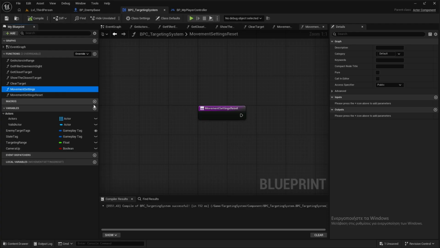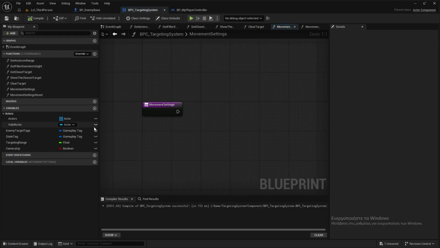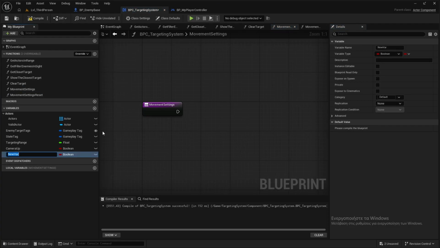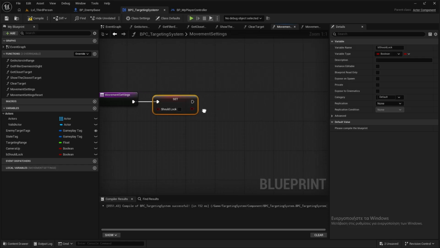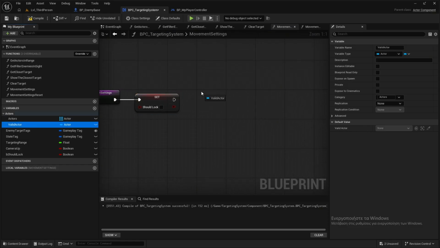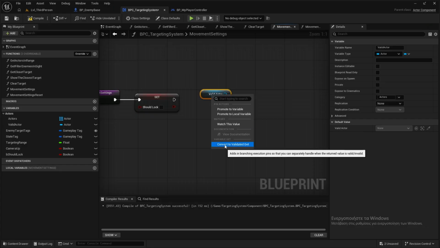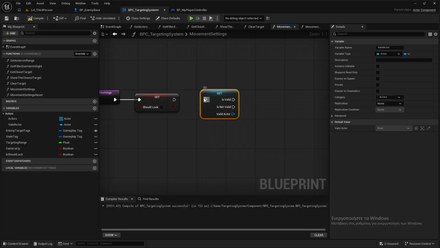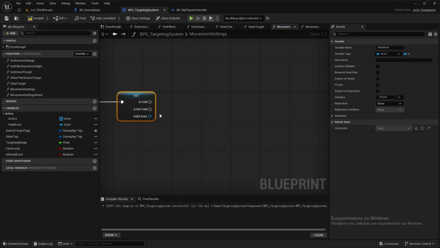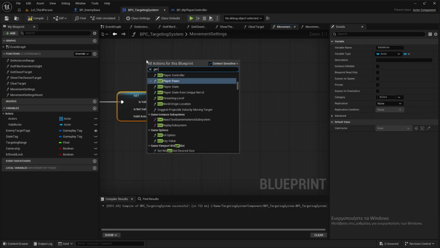Here we need two booleans, and this is b should lock, and we set it to true, and then we get the valid actor and convert to validated get, and if this is valid,